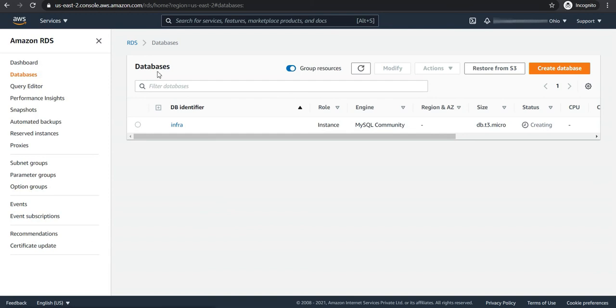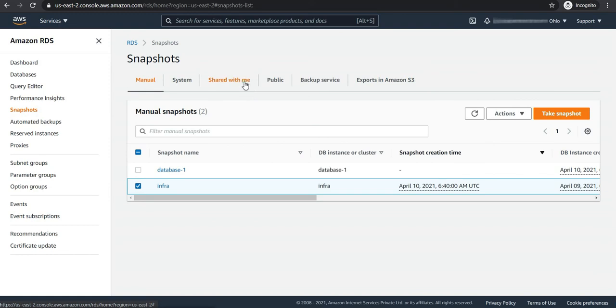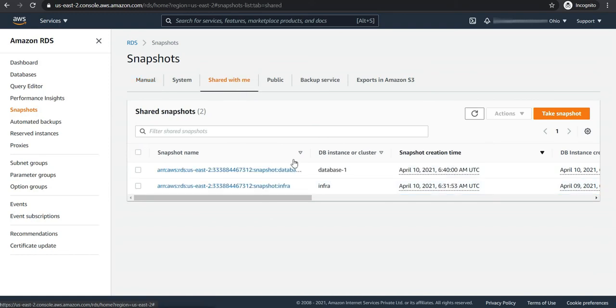So till the time it gets restored, let me show you some more things. Let us go to the snapshot, and in shared with me, I have these present. As I told you that this is not in shared with me, whatever we are having, that is not been owned by this account, right? I told you. How can I justify this statement?